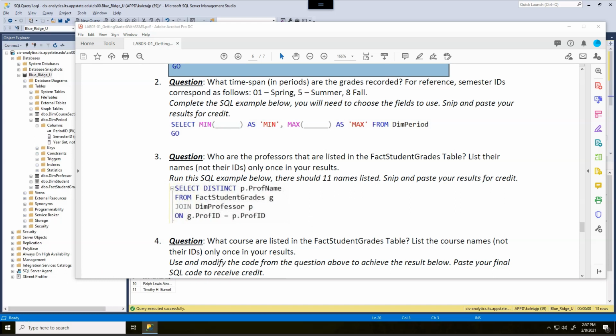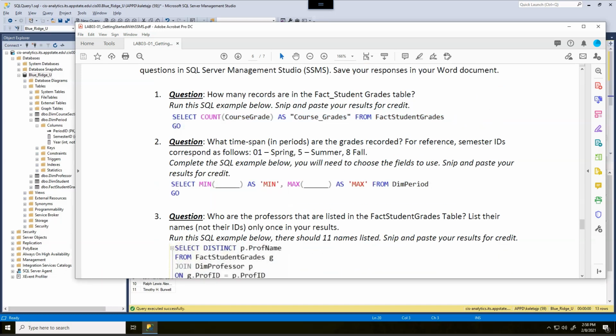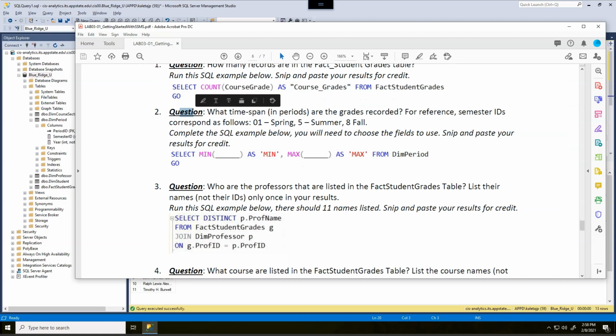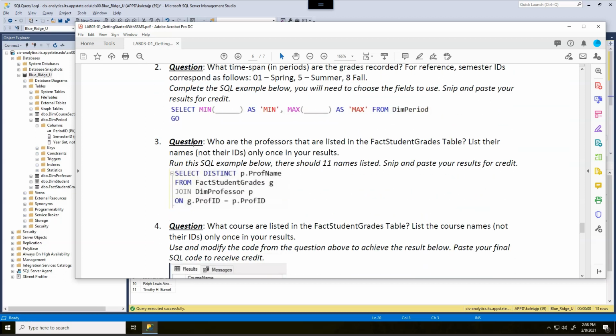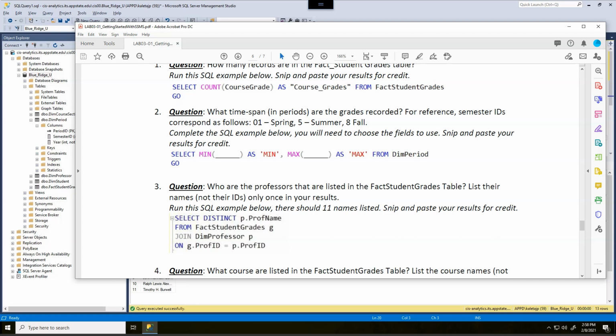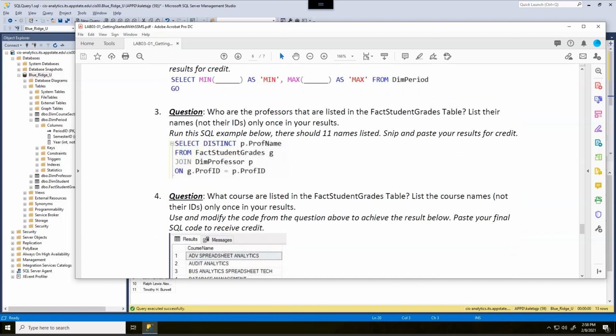All right, so up until now, we've already gone through question number 1, 2, and question number 3. And if you look, there's a little bit of a pattern as to what I'm doing: each of our questions is going to help prep us for the following question. So we just reviewed question 3, where we had selected out the professors' names that were included in the grades